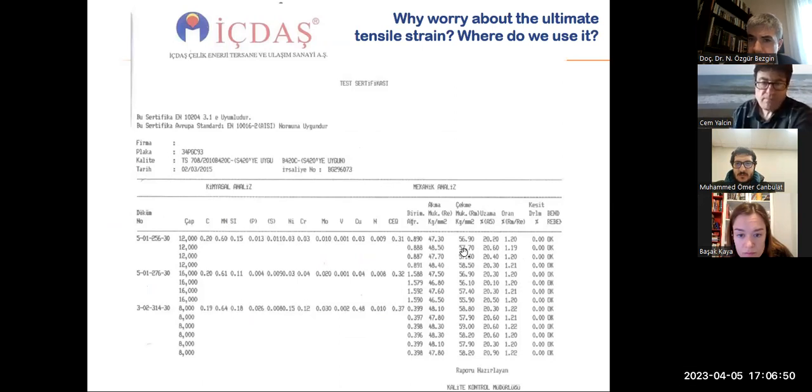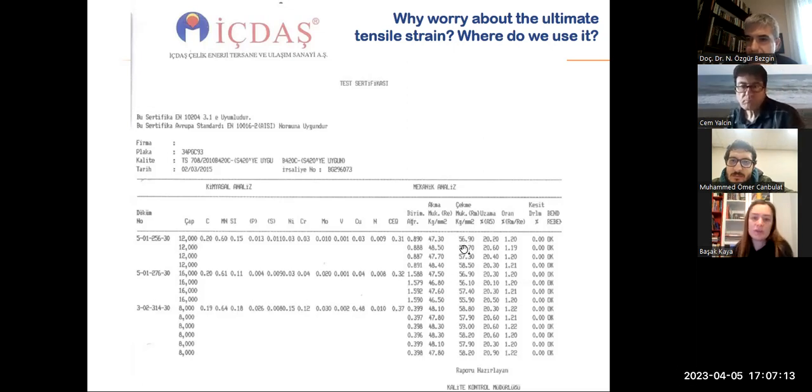This is what I'm using, not this. I'm using this one, and I'm using only a certain percentage of it, like maybe 70%, 65%, whatever. So if this is 47, I'm using 30-something, 300 megapascal, something like that. Then why? So this is a 420 steel, by the way. Because in the seismic load, we have to understand the capacity of it, like how much strain is going to happen. Why? Maybe high performance design.